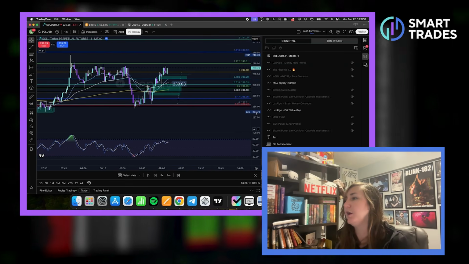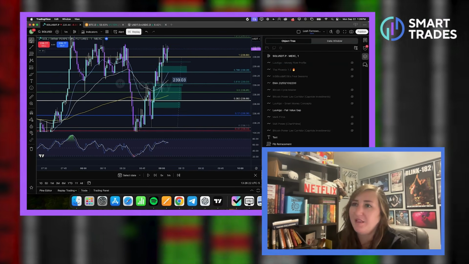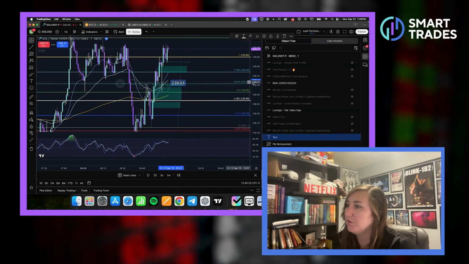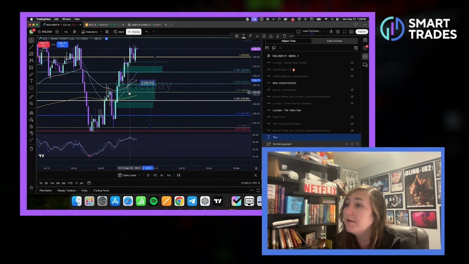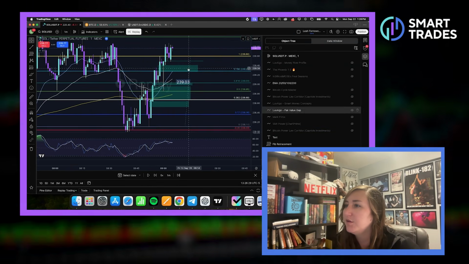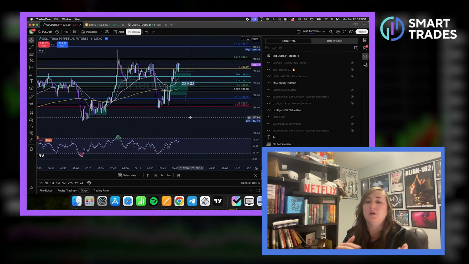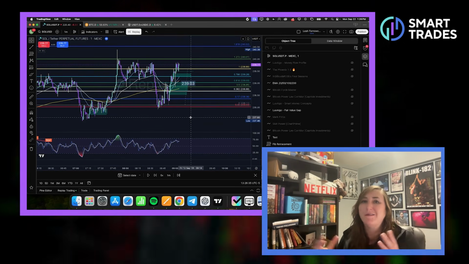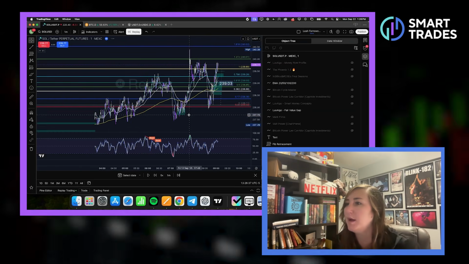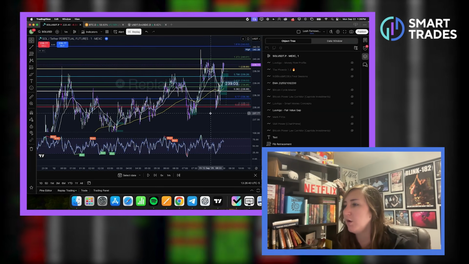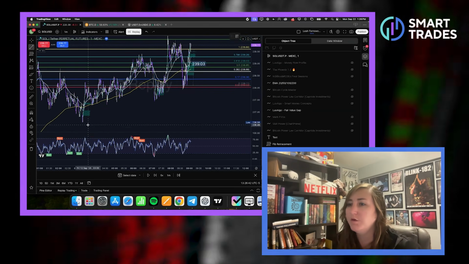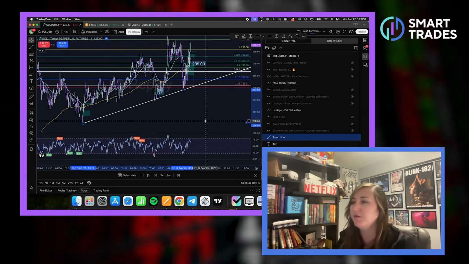Wow, perfect wick. That was actually a perfect wick through 0.618. Almost, I think it even touched the 0.5. So near perfect wick. And where are we looking to take profit? So we're going along with kind of general market structure. We didn't have any bearish divergences to worry about here, right? We were more in a range, but overall, if you're looking at higher time frames, this top-down analysis,